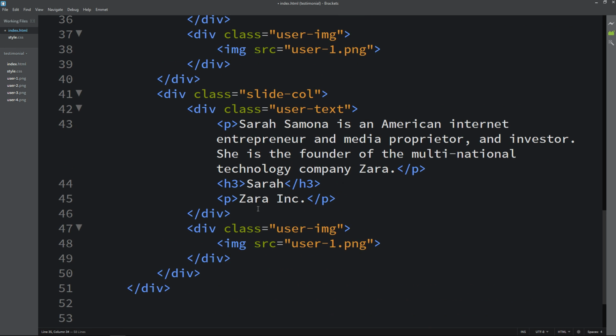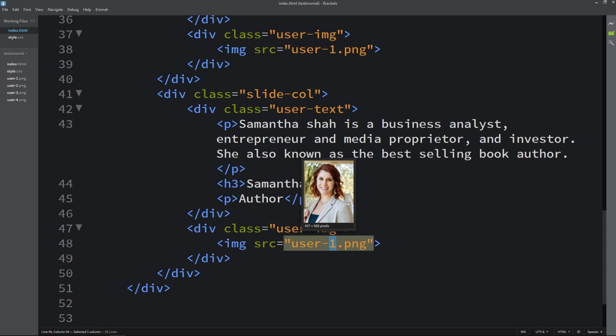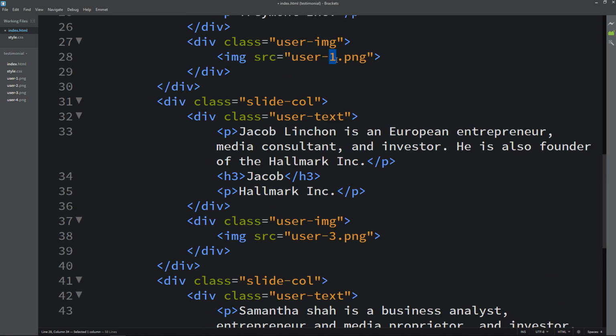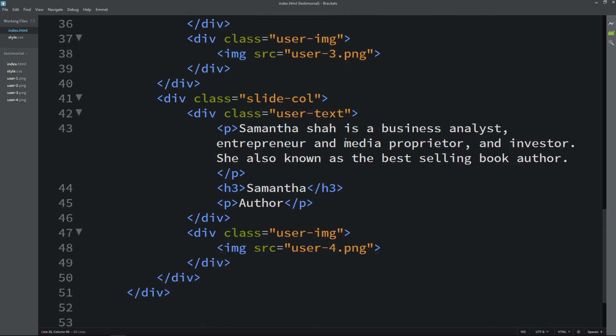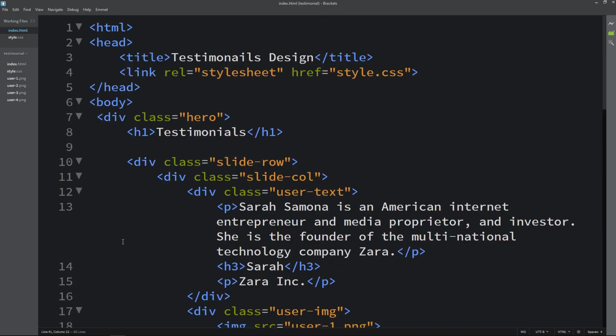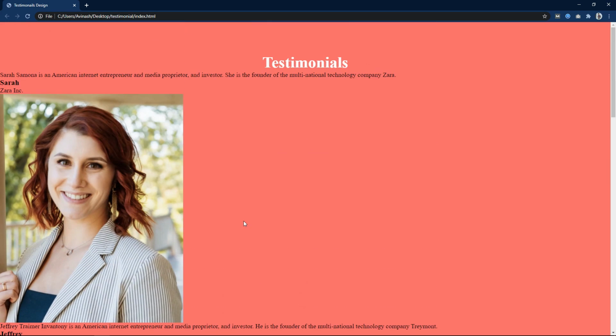Now for the fourth review, next we have to change the user's image also. So this is the user4.png, this is 3.png, and this is user2.png. After that, let's refresh the web page again, and you can see 4 different text and images.